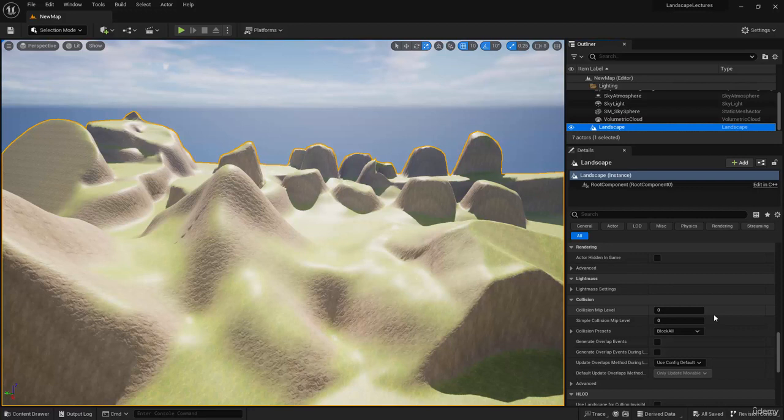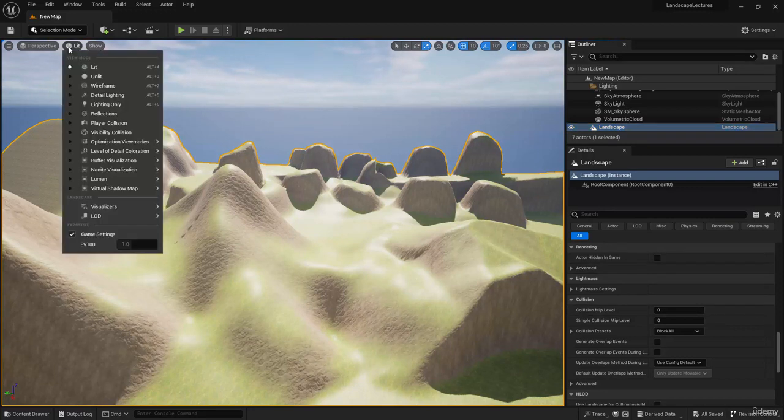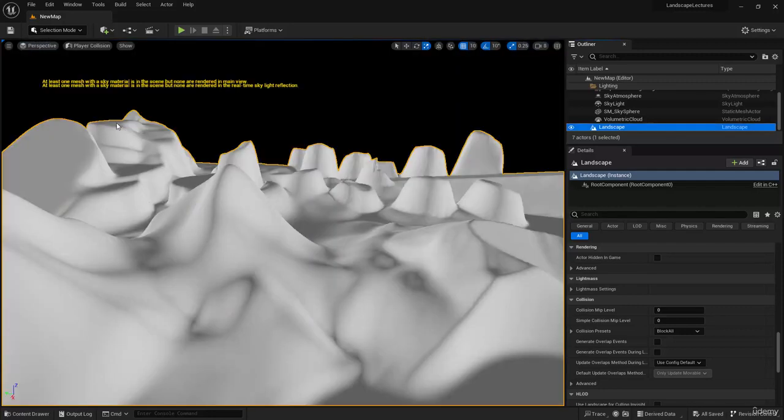And then if you want to view the collisions, you can go up to the View Mode menu and then select either Player Collision to view the landscape's simple collision or Visibility Collision to view the landscape's complex collision. And the way these view modes work is that they will change the terrain to the shape of the collision instead. So for example, if I set this to player collision, the terrain will now take the shape of the